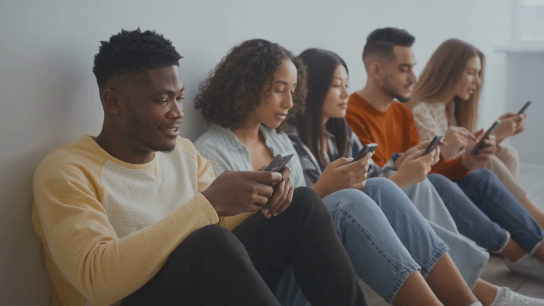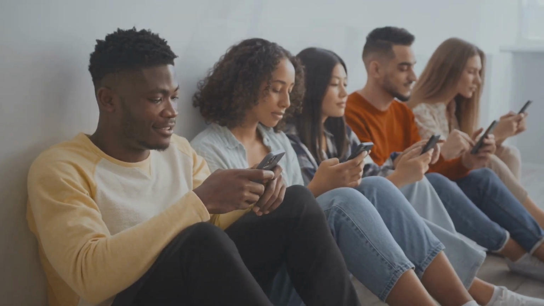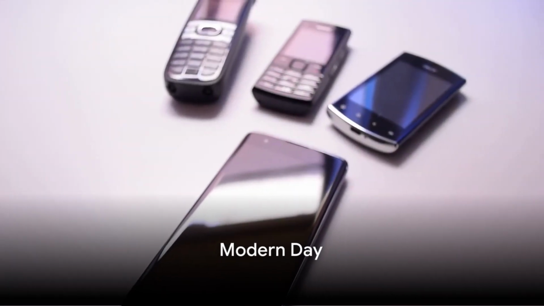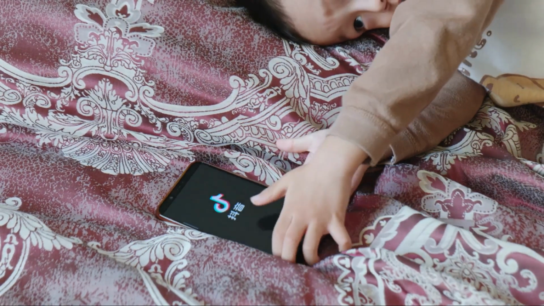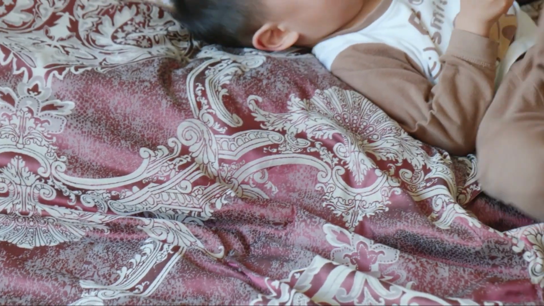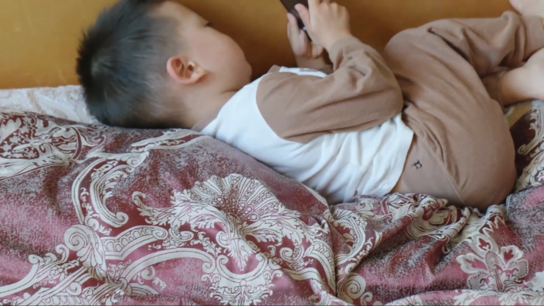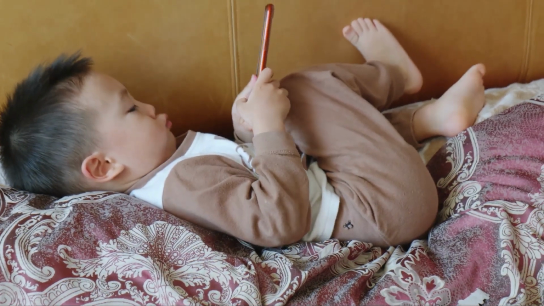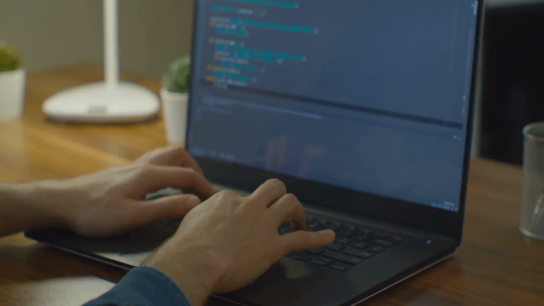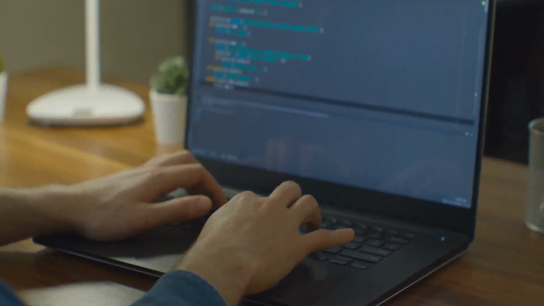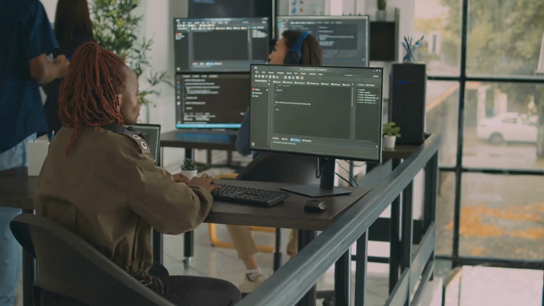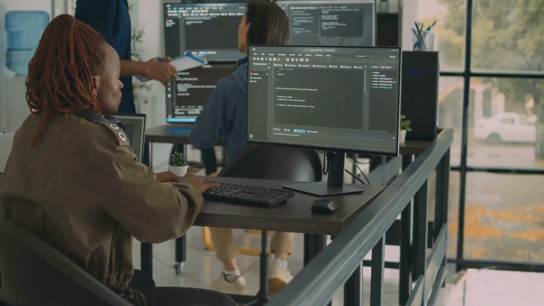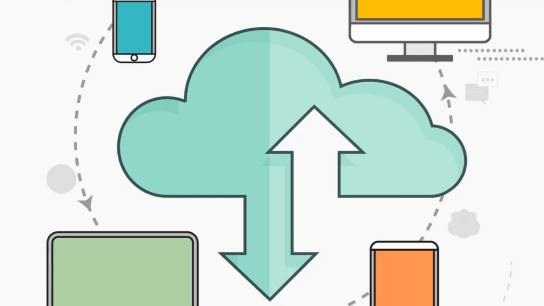The internet era paved the way for an even more personalized computing experience. Today, computers are not just desktop devices, but are in our pockets and on our wrists. The advent of smartphones and tablets has revolutionized the way we integrate technology into our daily lives. These devices, small enough to fit into our pockets, now possess computing power that would have been unimaginable just a few decades ago. It's not just the hardware that has evolved, software developments have kept pace, making these devices incredibly versatile. From sending emails and browsing the internet to editing photos and producing music, there's virtually nothing these pocket-sized computers can't do. But the story doesn't end here.